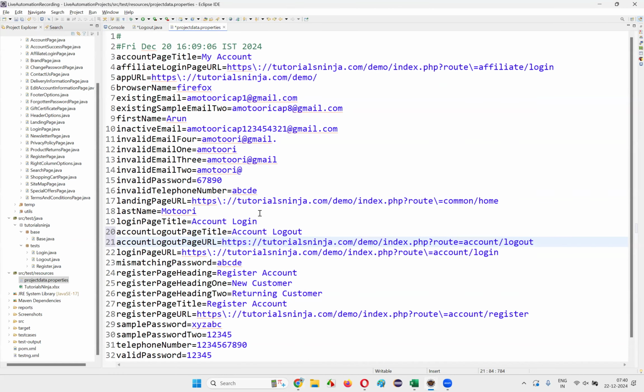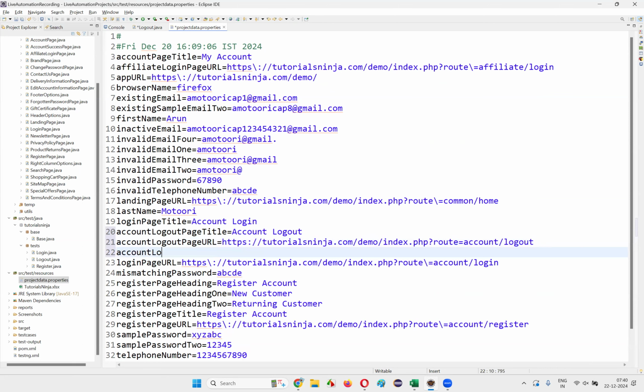And then account logout page heading. What should be the account logout page heading? It should be account logout only. This is expected as per the client requirements. Account logout should be the expected heading also. And breadcrumb, I'll verify that. Okay, don't worry. Save these three items